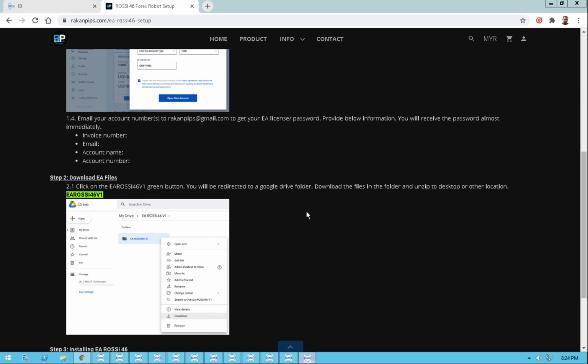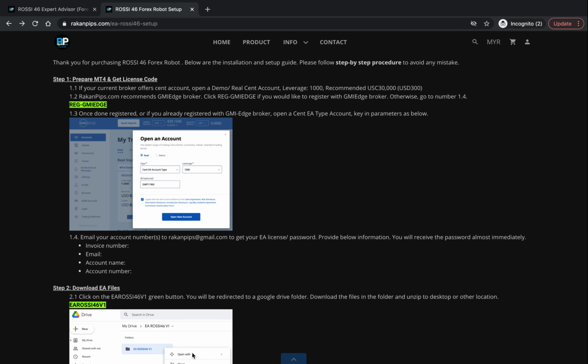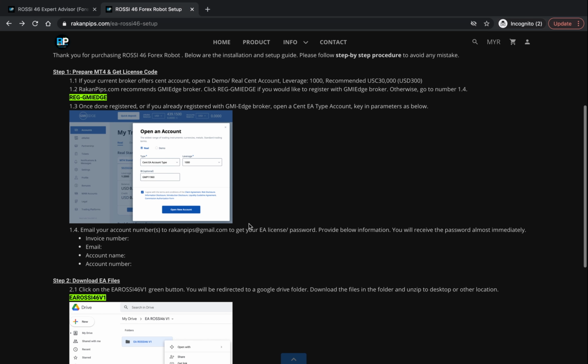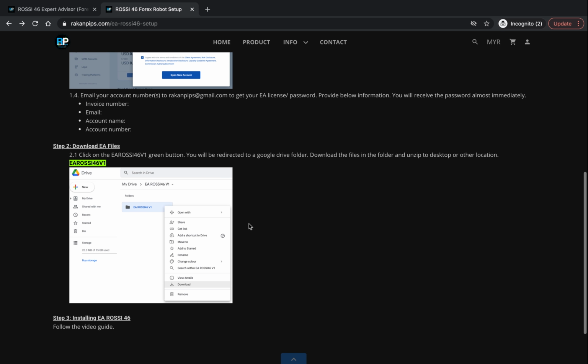This is an MT4 account. Once you have opened an account, could be with GMIH or any other broker, this is just one example, and I have deposited 300 US dollars. This is a real account for us to use for demo purposes shortly. Once you have your MT4 account ready, make sure you also have the password. Then, because you are on this page, you go to step 2 and download